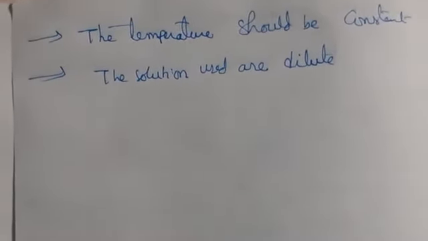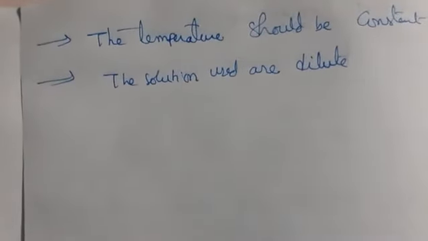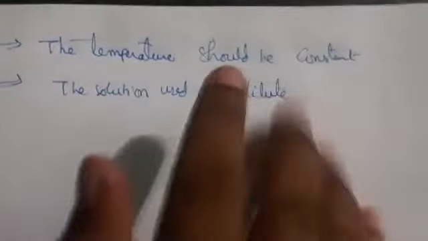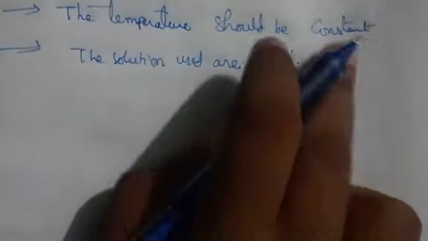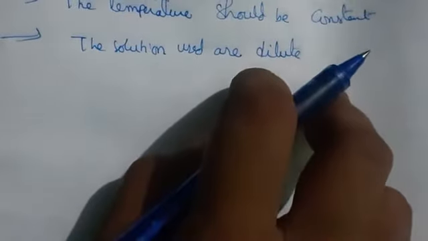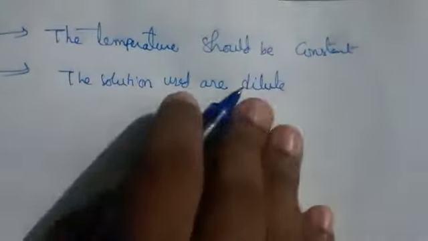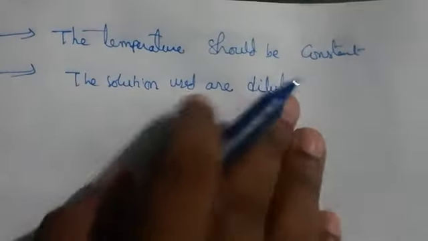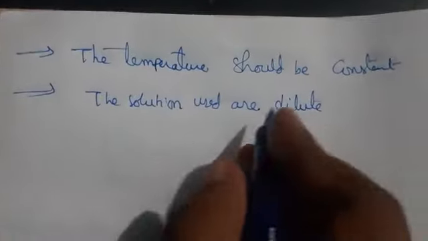If you take oil, when you add water, it forms two layers. It means the oil is being washed with water. So the solutions used are dilute. So what does that mean? The ratio C1 by C2 will not remain constant here. Why? Because here we are distributing the solvent molecules. That's why we can write it as